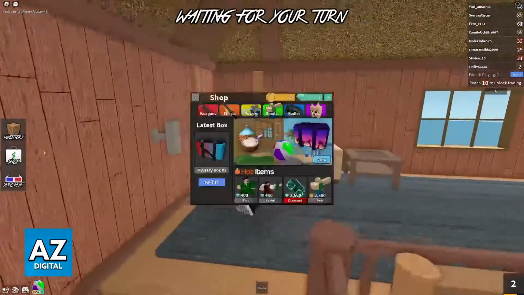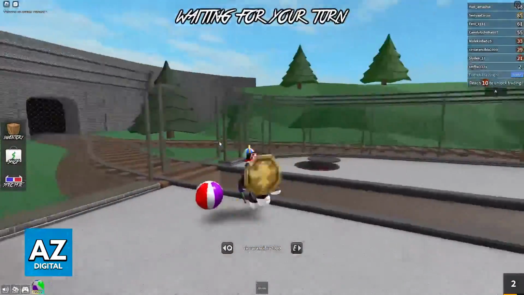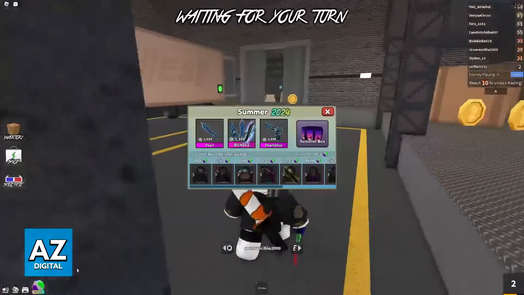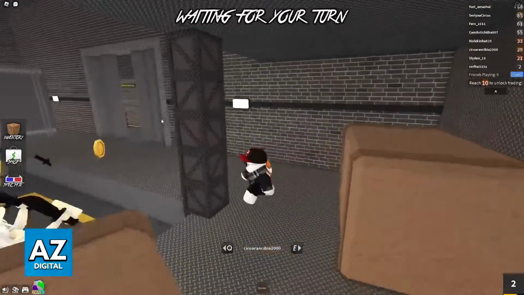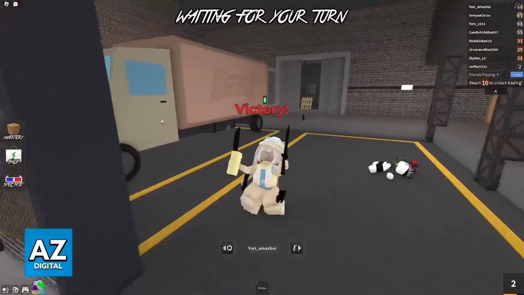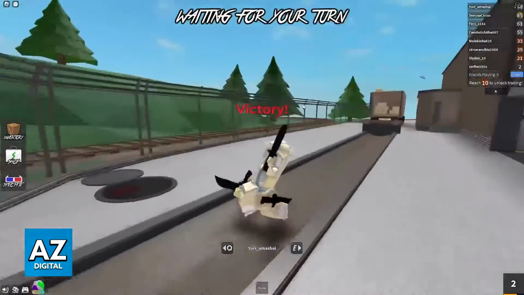You can see the shop, see if there are any events going on. You can spectate the game, so as you can see, these people are playing at the moment, and you will be able to participate in the events, for example, summer, join all of the different game modes, and overall, you will be able to experience Murder Mystery 2 on any platform. So all that you have to do is join the experience, and you will be able to play right away.